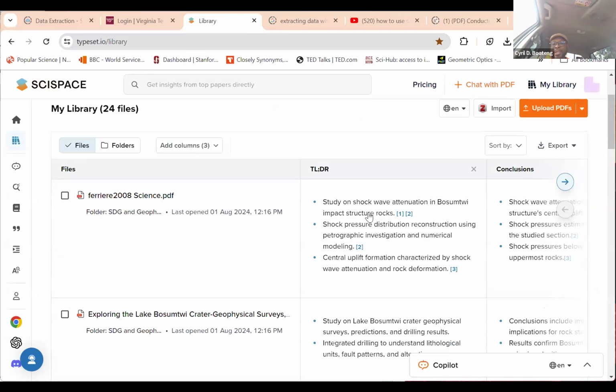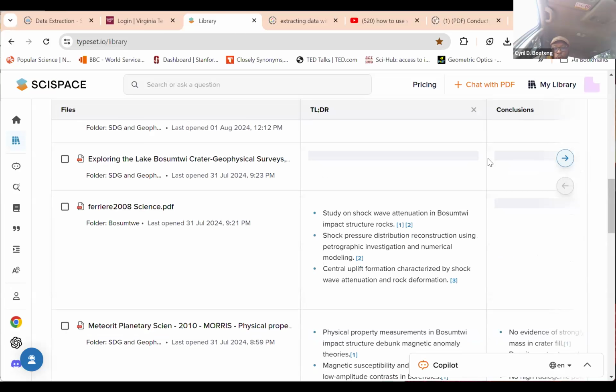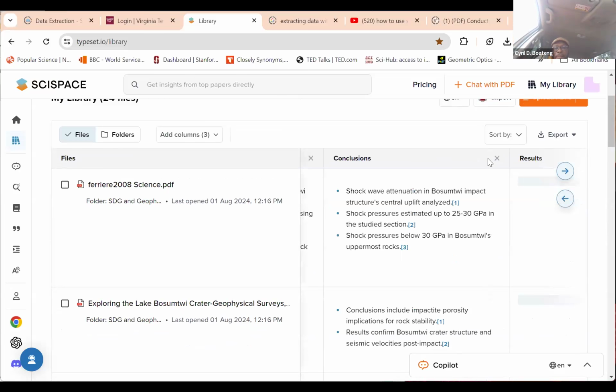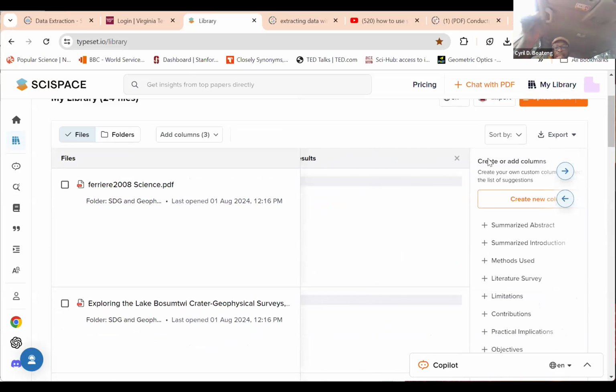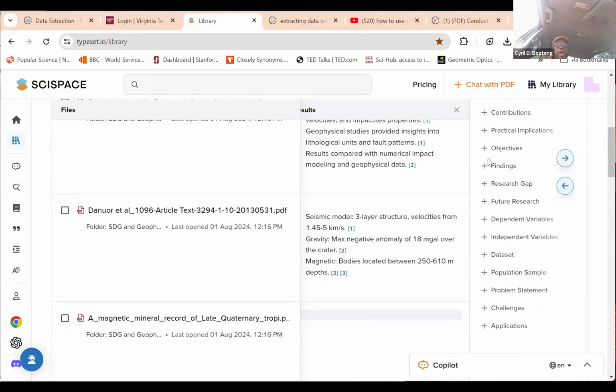Okay, so I think I've sorted that out. So what it does is that immediately it keeps all the papers that I've loaded, about 5 or 6 papers, I think, and then it compares them just like the way we did. The first one is too long, don't read. So it summarizes the whole paper, that's just a joke by the way, so that I don't need to read everything. And then it can present you the conclusions. It can present the results, just like the first part. It could also add any component that you think you are comparing.